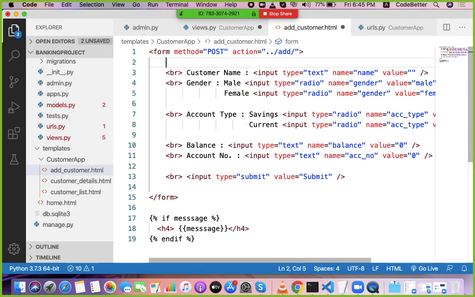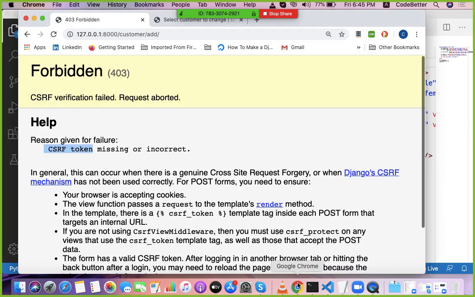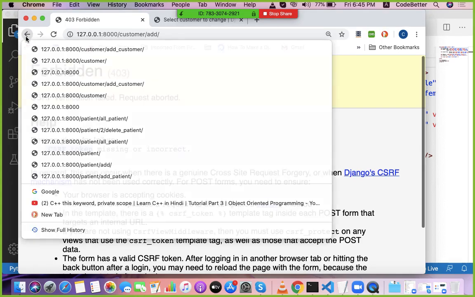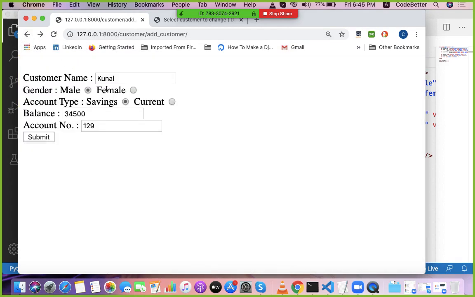It can be put anywhere. Let me put it inside here: CSRF underscore token. Okay. So this is for some security, cross-site request forgery security. So let me refresh the page again.